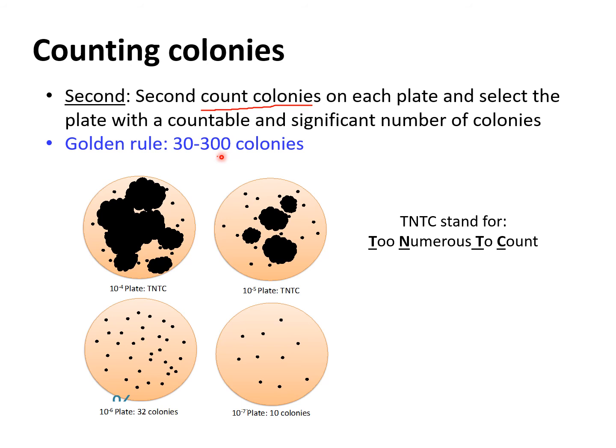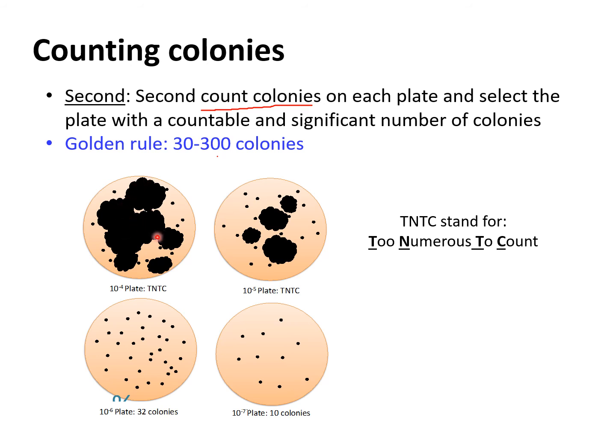So let's say that these are 4 plates that you have. You can see that this plate, they've diluted their original sample by 10 to the negative 4. This plate was 10 to the negative 5, this one 10 to the negative 6, this one 10 to the negative 7. Okay, so on the 10 to the negative 4,